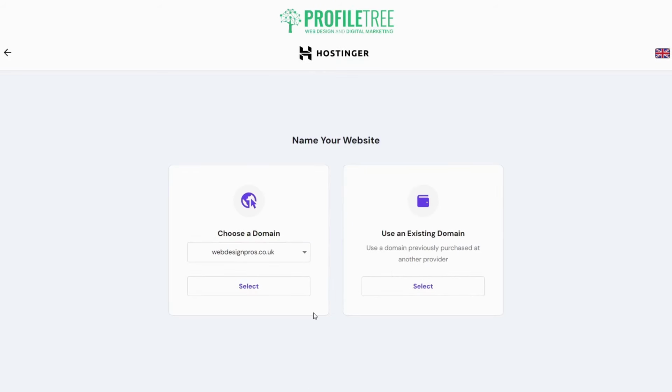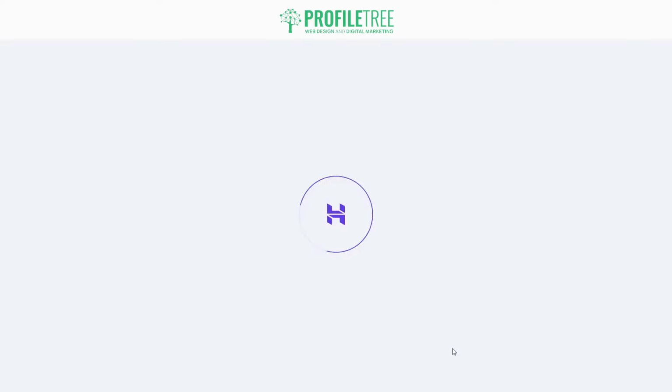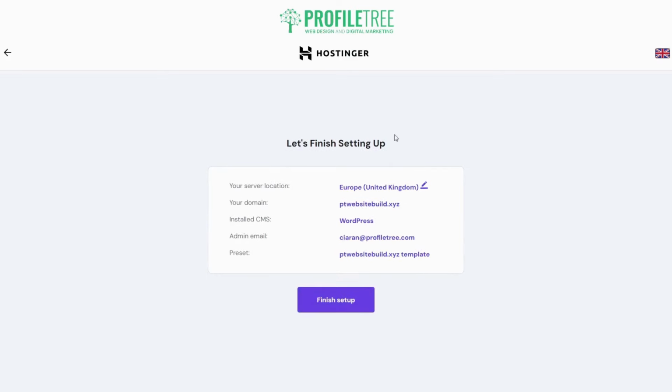So you got a couple of options here. So you can choose a domain, or you can use an existing domain. So if you choose to use an existing domain, this is where you would type it up. Now, you will get an option as well for free domains if you choose to go for a free domain. This was actually picked out as a free domain, this pt website build.xyz. So I'll choose that domain. I'll go ahead and continue with this one, and it'll just give you